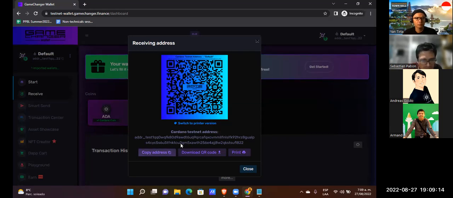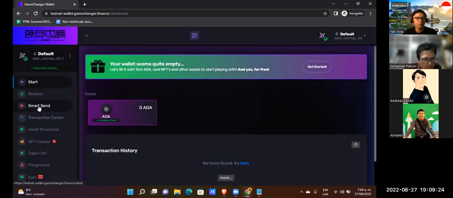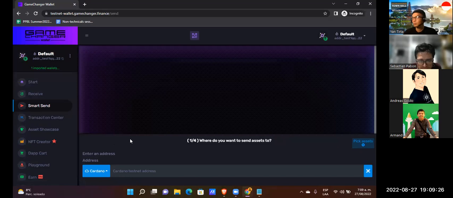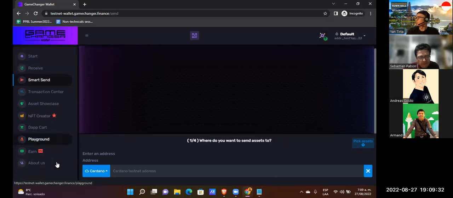In receive, for example, we have here an address starting with addr_test1, so a testnet address, smart send, and sections to create NFTs directly.